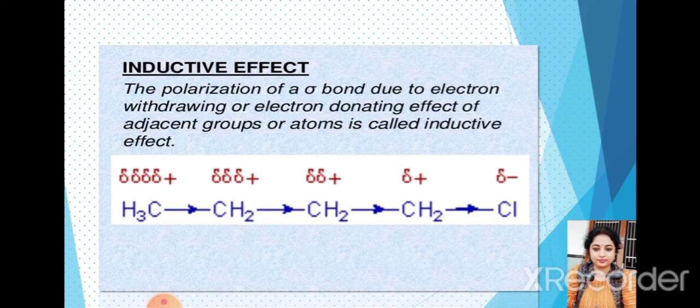I hope you remember the chemical bonding which you have studied. Here we are going to discuss your covalent bond. How were covalent bonds formed? If you remember, the bond in hydrogen H2 was formed, electrons were shared. Chlorine was formed, electrons were shared. That bond is your covalent bond. So just keep that covalent bond in your mind, and listen.